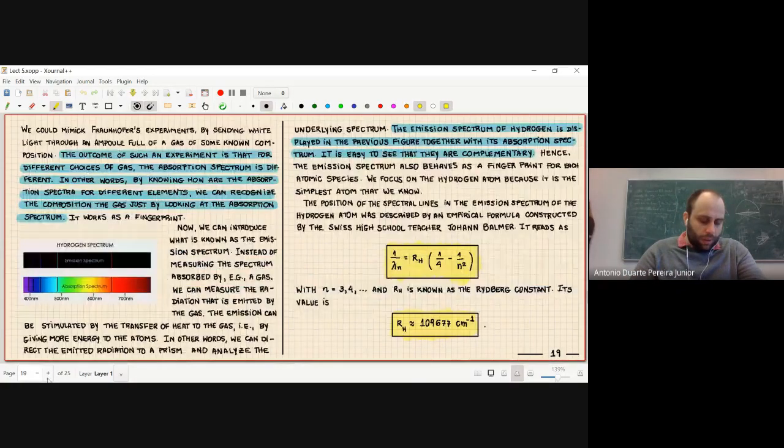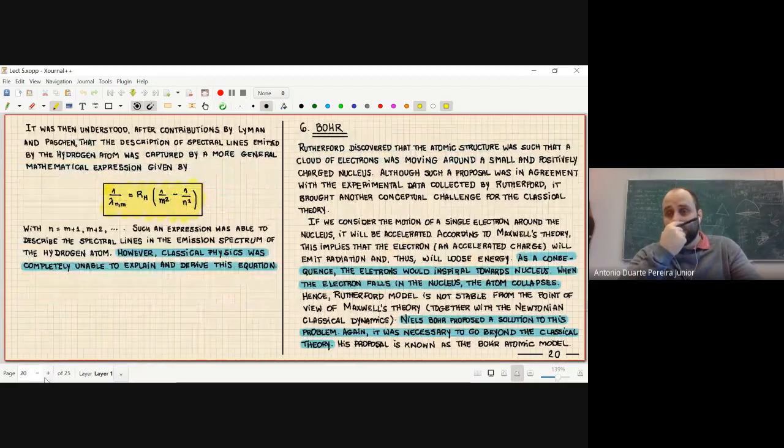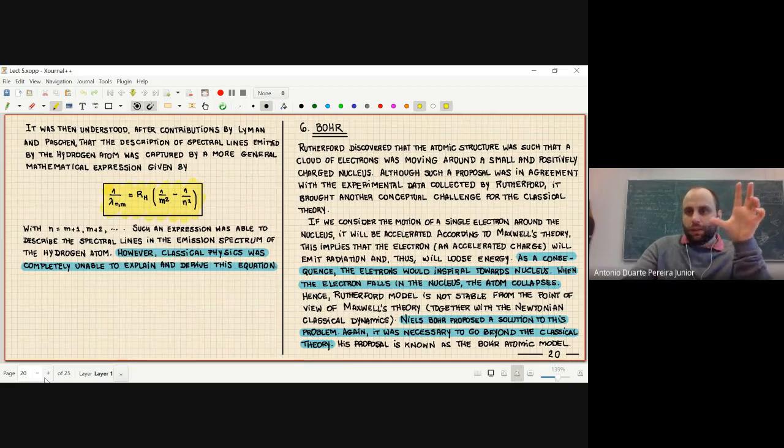However, there was empirical evidence for the existence of such a nucleus and that electrons were moving around it. So how to deal with that? Immediately looking at Rutherford's proposal, we have this conceptual problem about the stability of matter. So the atom would just collapse if you take too seriously the model as it is. So Bohr started to think about how to deal with such a problem.